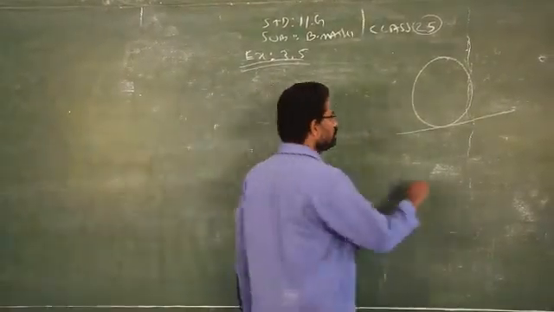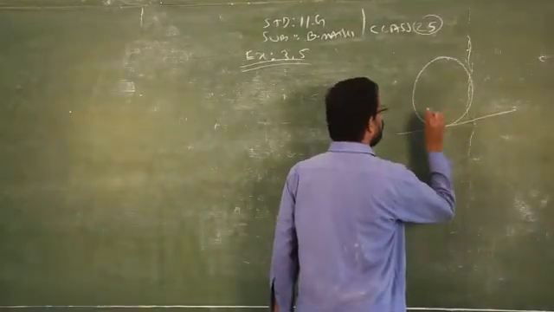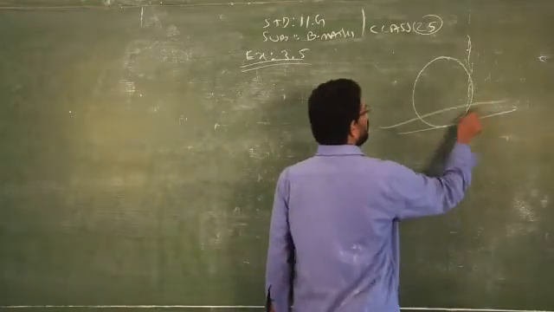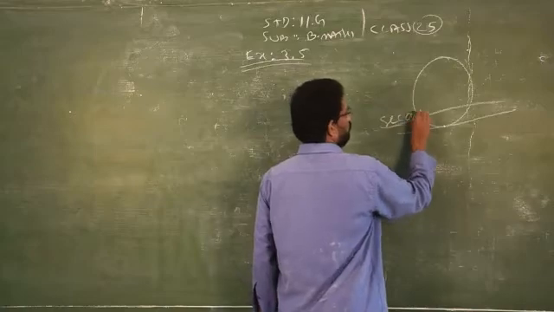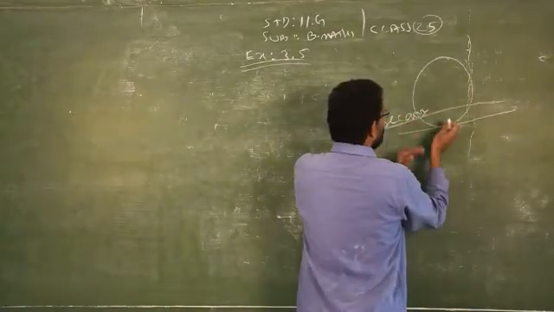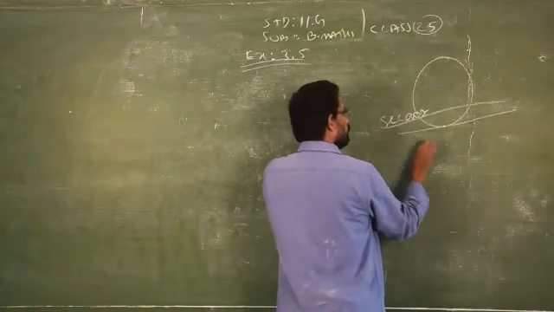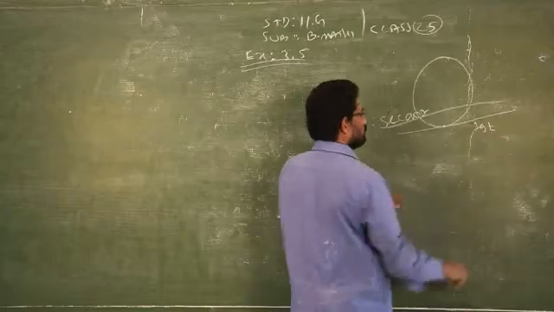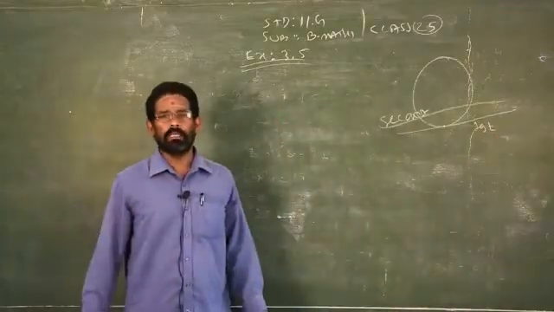Clear? So tangent means you will touch only one point on the circle. So if you don't say this is a tangent, this is called secant. A straight line which will meet 2 points on the circle is called a secant, and a straight line which meets only the 1 point, this is called what? Tangent. So this you did already in 10th standard practical geometry.